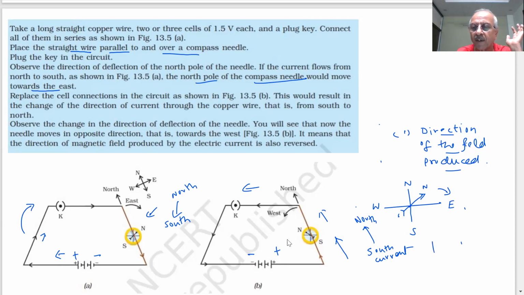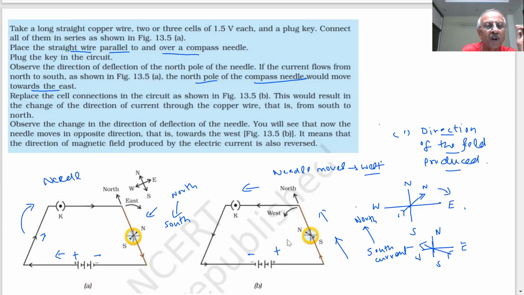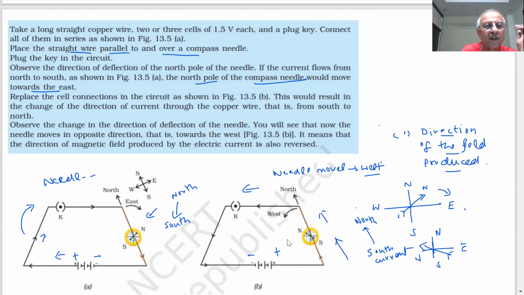What will happen in this case? This is my north, south, east, and west. This needle now moves in the opposite direction, moving towards west. So here the needle moves towards west. Here the needle moves towards east. Therefore, what we find is that the direction of the magnetic field produced reverses when the direction of the current is